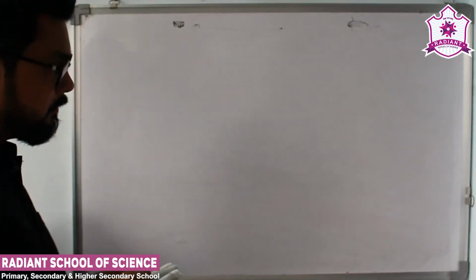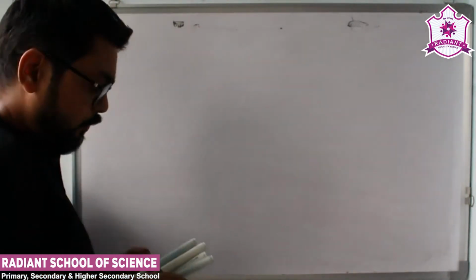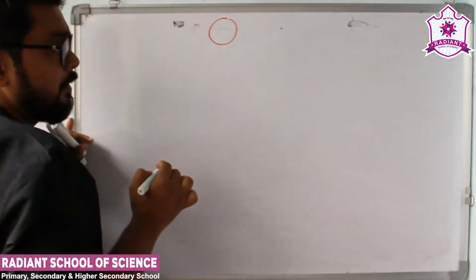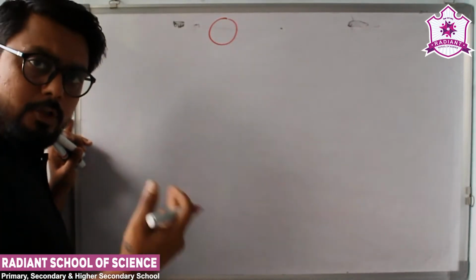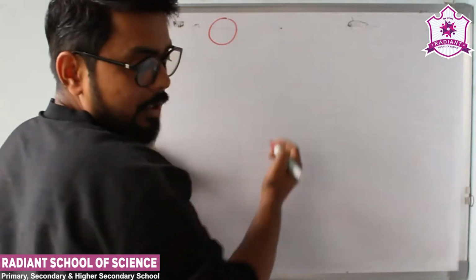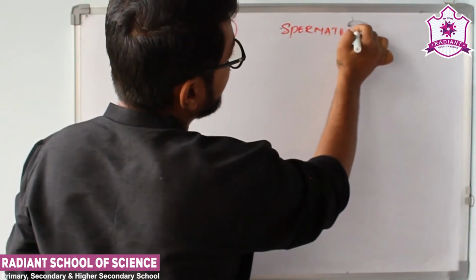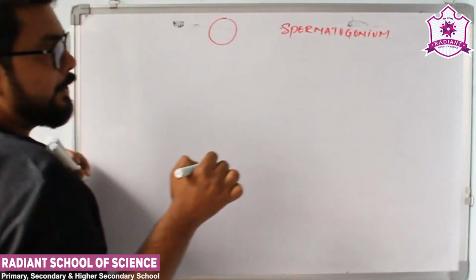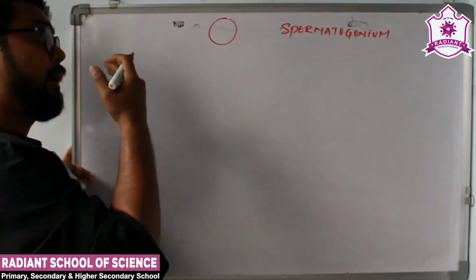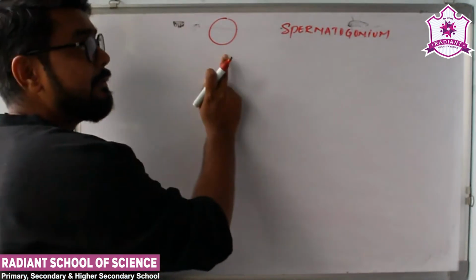So I'll start with the process of sperm formation, that is known as spermatogenesis. So we start with the cell. This is all taking place in the testes, and to be more specific, this is taking place in the seminiferous tubule. And as I said, the first cell we have is the spermatogonium or the spermatogonia. Spermatogonium is singular and spermatogonia is plural. If you are talking about a lot of cells, we can term it as spermatogonia. If I'm talking about an individual cell, I'll term it as spermatogonium.